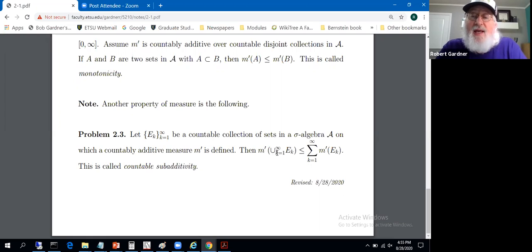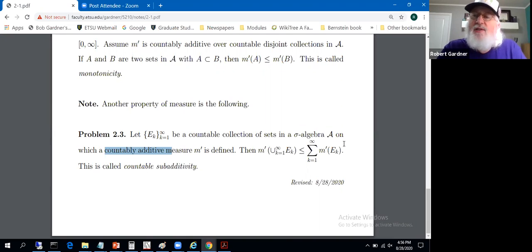If these were disjoint sets, I'd expect we would get equals the sum, not less than or equal. Yeah, well, maybe some stuff occurs in multiple sets, and when you go through over here, the weight m prime is maybe weighing some things more than once, and that's why we get the inequality. But that's the claim. You know you have countable additivity as a hypothesis, but countable additivity only applies to disjoint collections. Here, we don't know that we've got a disjoint collection. The proof will require you to create a disjoint collection because you're going to need to use countable additivity.